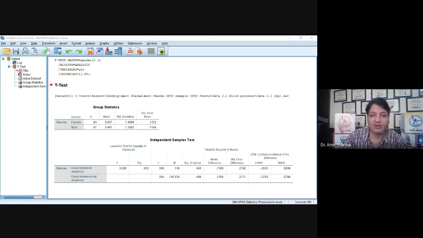And I told you how to write the results of independent t-test in the form of MLA hand style. So if you have any queries related to independent sample t-test, you can send them in the chat box also. I will be happy to answer those queries.